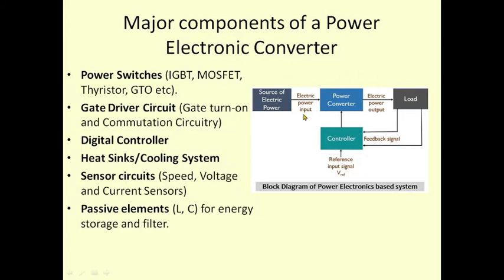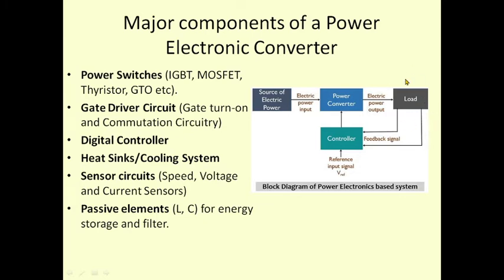Now we have a power electronic converter over here that is made up of power switches. This is the source and this is the load. We need the supply to suit our load, but this source was not able to produce that kind of supply, so we used a power electronic converter to convert this electric power into another electric power that is applicable to this load. To have a controlled environment, we sense the parameters over here. Those can be voltage, current, or speed, depending on the load.